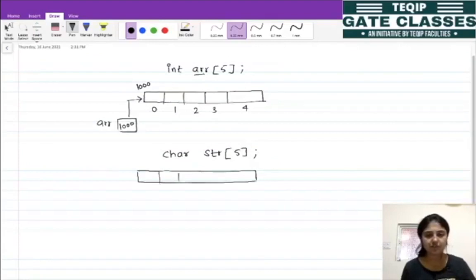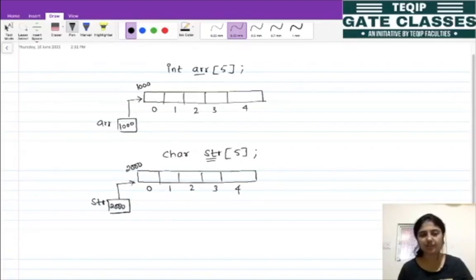These are the 5 blocks, same as our integer array. The index for the blocks is 0 1 2 3 and 4. This name str is going to hold what? The base address of this character array, right? Let's say the base address starts from 2000 and this str is going to hold the 2000, right?